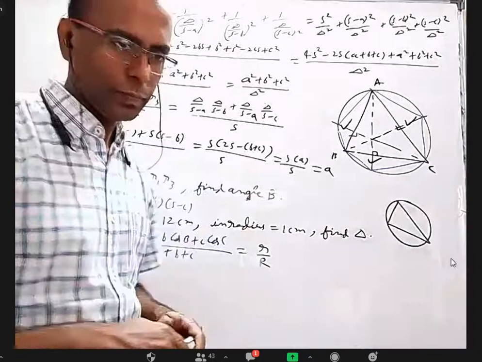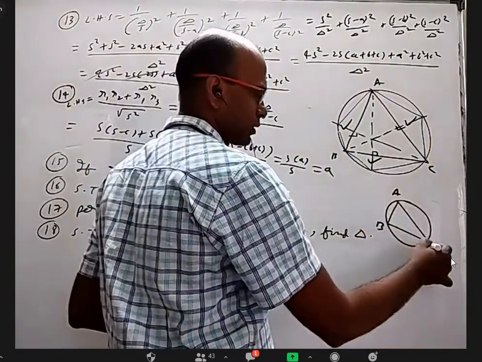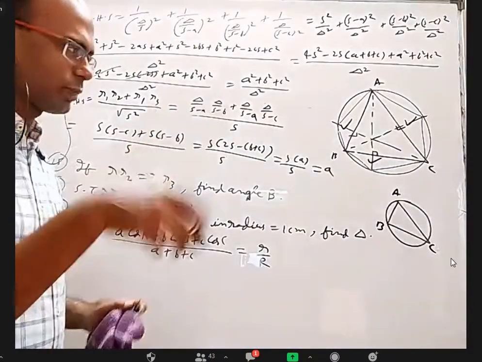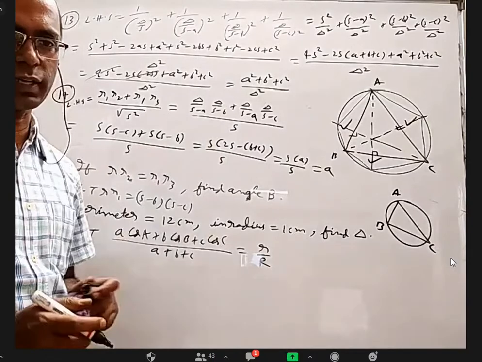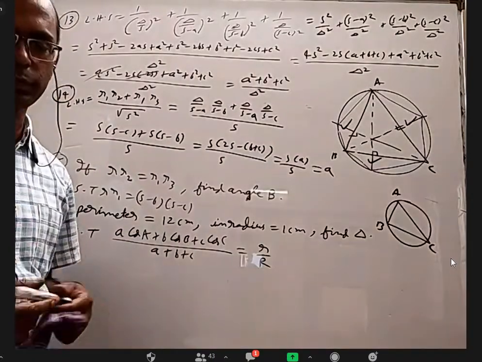Circle is fixed. A is a moving point on this circle. B is a moving point on this circle. C is a moving point on this circle. As ABC changes on the perimeter of the circle, the orthocenter of triangle ABC also changes its position. What is the locus of that orthocenter? What is the shape?